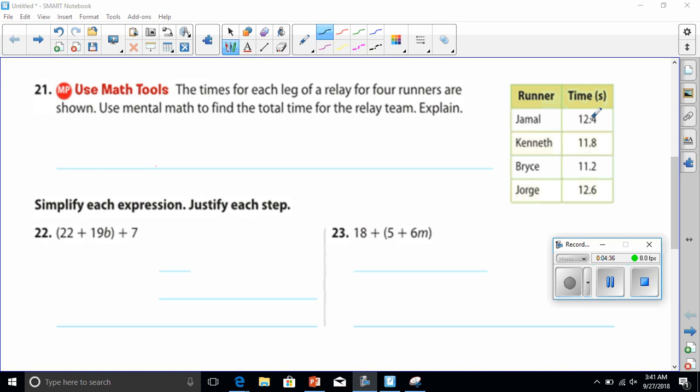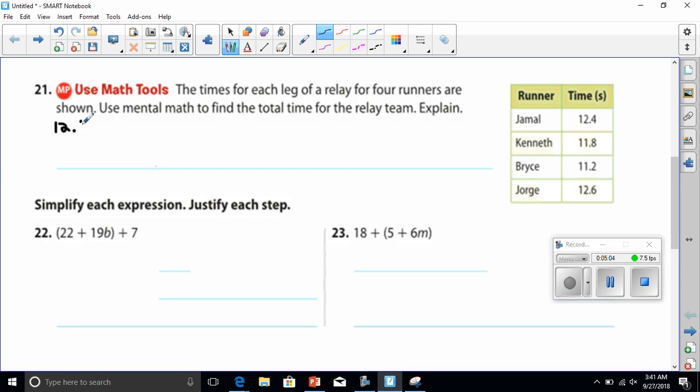But it doesn't matter what order I add them together. So some simple mental math I remember is that 4 plus 6 is 10. So I can get a nice even number by going ahead and grouping these two together. So instead of going in order, I can say